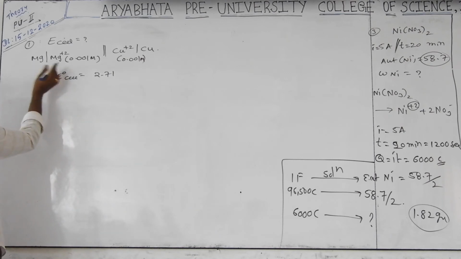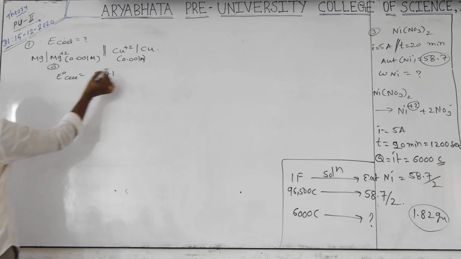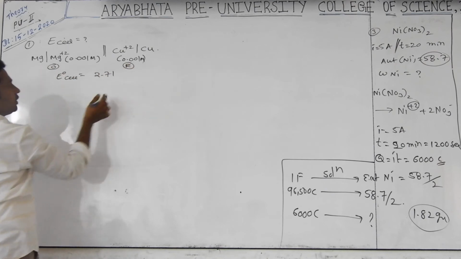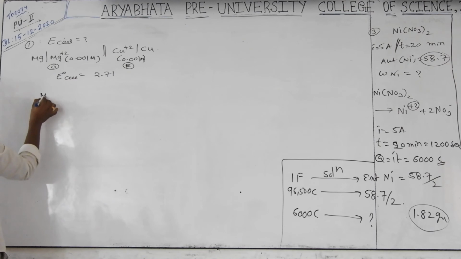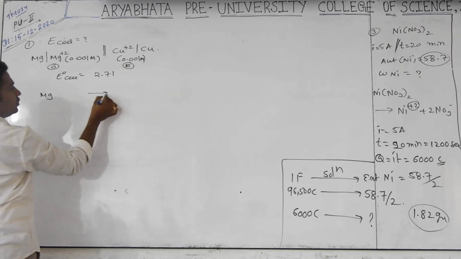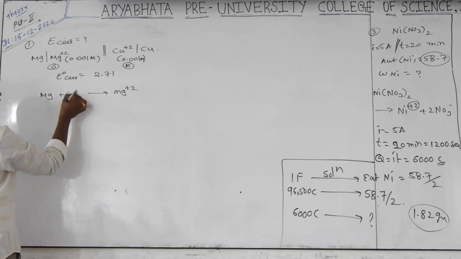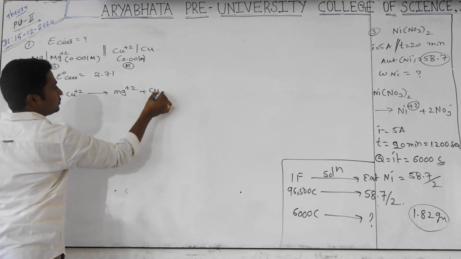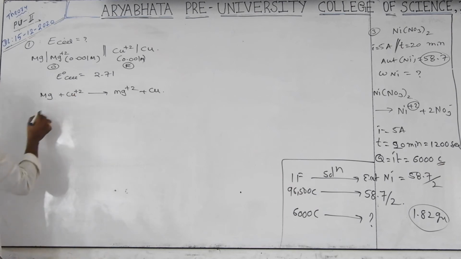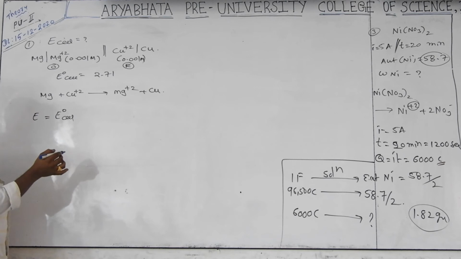This is left side oxidation. This is cathodic reduction. Can you write the whole reaction? Mg converting into Mg plus 2. Here Cu plus 2 is converting into Cu. Is it okay? Yes. Now the EMF of this cell is equal to the standard EMF of this cell minus